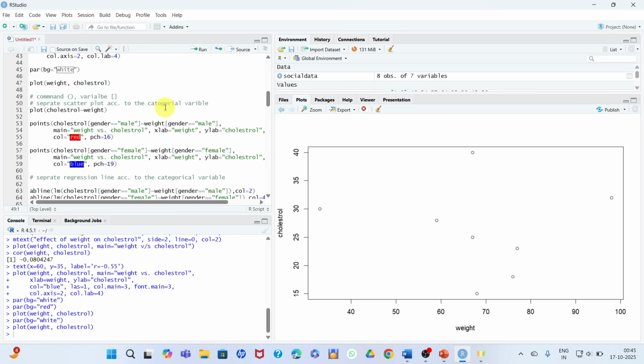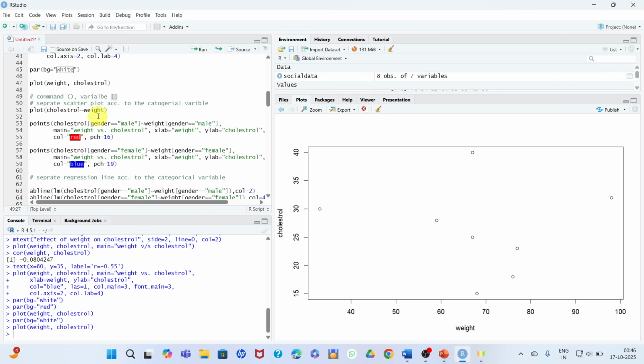The next command is for the scatter plot. Always remember, as I also showed you in the previous video and in the PPT, a command is always followed by round brackets, and whenever you have a variable, it is followed by square brackets.